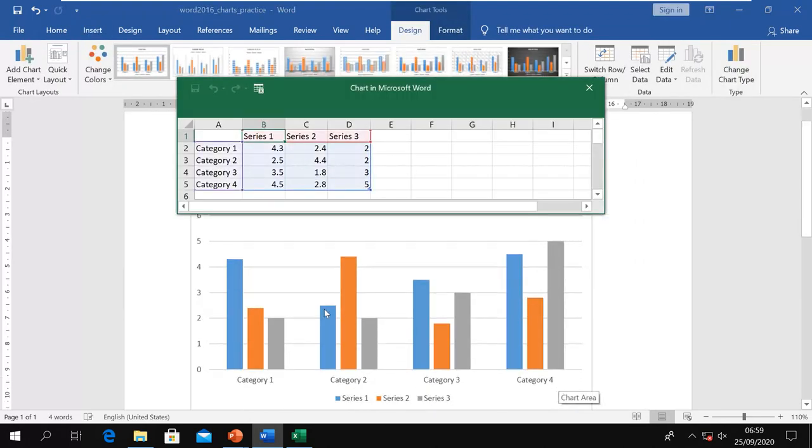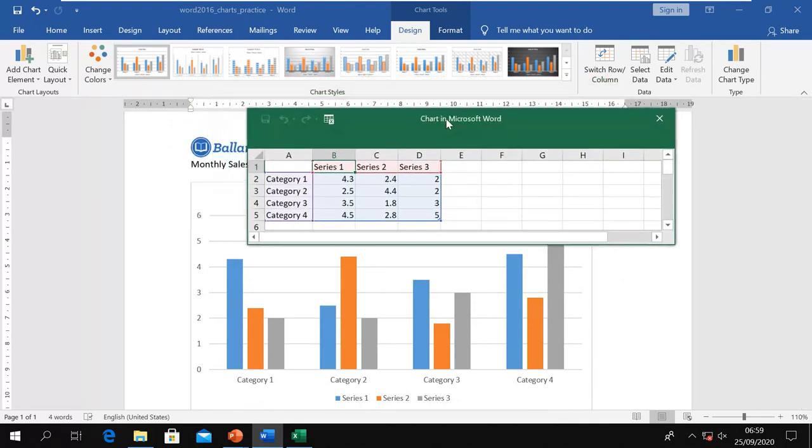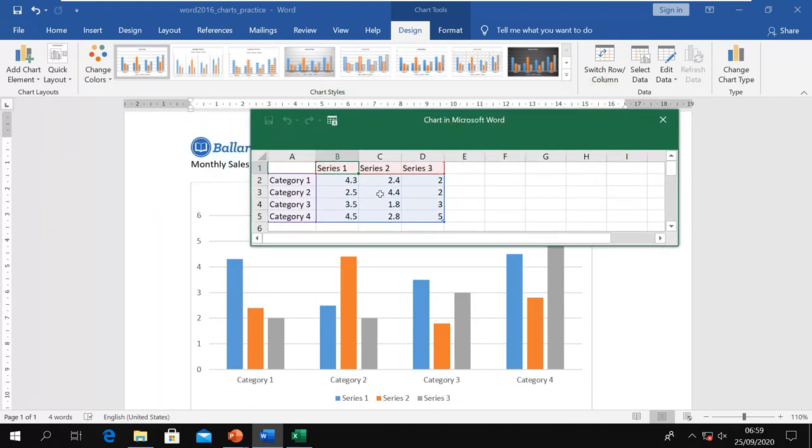Now the chart is in your document and you can see this worksheet, this spreadsheet, and this information. This is just a placeholder. So you can modify this placeholder according to your data. So let's say I want Series 1, that means I want here January, I have February, I have March, just like this. And then on this side you can mention the categories, and whatever you want to mention here.